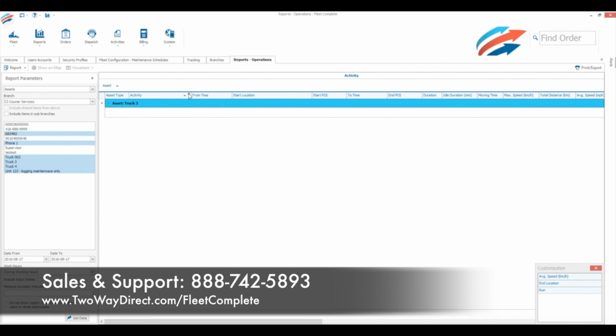Select what info you want to filter by. And then if you need to clear your filter, just click on the X on the bottom left-hand corner. Now, a new feature in Fleet Complete is that you have the option to send a copy of this email on an ad hoc basis to one or multiple recipients from within the operations side of reporting without having to